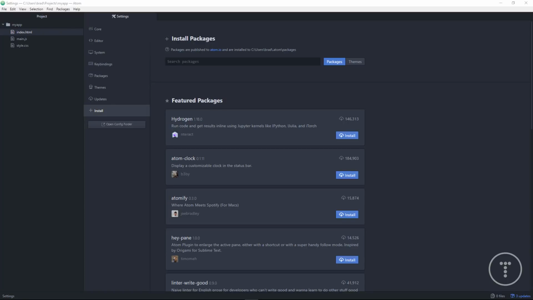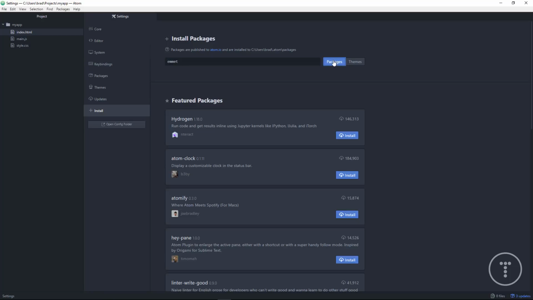So the first one I'm going to install is Emmet, and Emmet is a toolkit for faster HTML and CSS. It allows you to easily create tags, attributes, classes, IDs, and even full document structures with very short abbreviations. Now, I'm not going to focus too much on Emmet itself and the syntax. In fact, I'm planning on creating a separate tutorial for that. I'm just going to show you how to get it set up and maybe just a little bit of the basics. So let's go ahead and search for